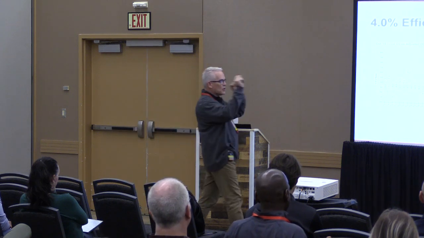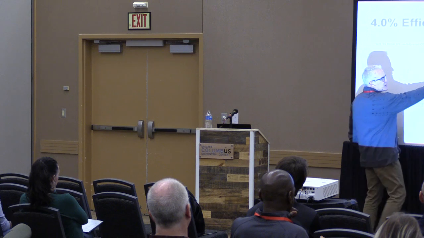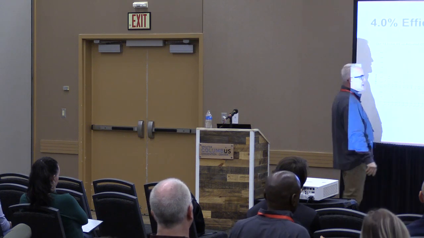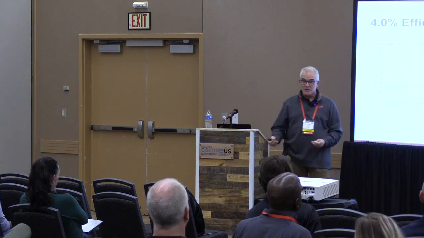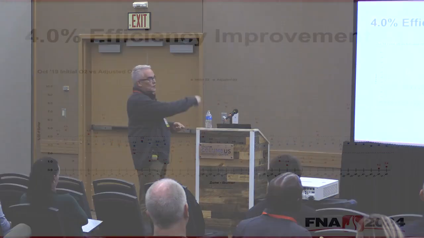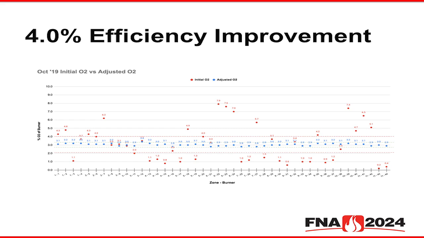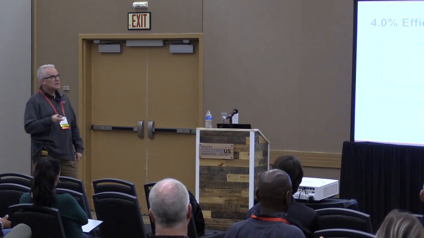So we walk in, we hook our gear up to tune, and you can see 4.3, 6.2, 7.9, 7.6. Several of them are running way too rich. So in addition to being inefficient, if you remember that yellow line, they're also forming CO2. When it was all tuned, we walked out, and we gave them a 4% efficiency improvement. Everybody was happy. When we started there, I asked, when was the last time you tuned this? When did Pete die? Oh yeah, okay, it's been a while.